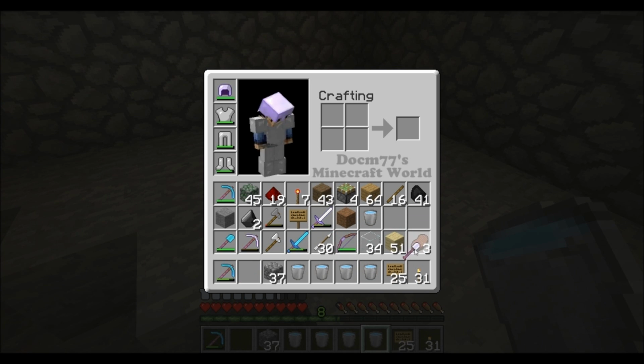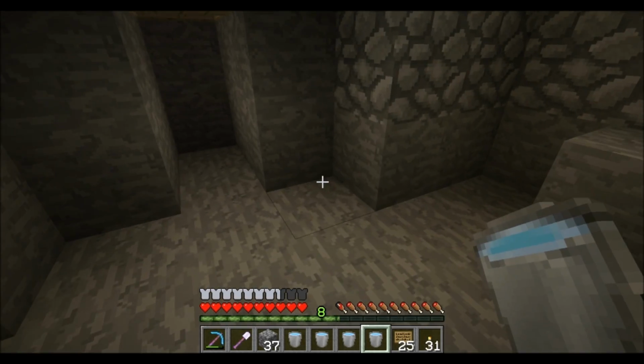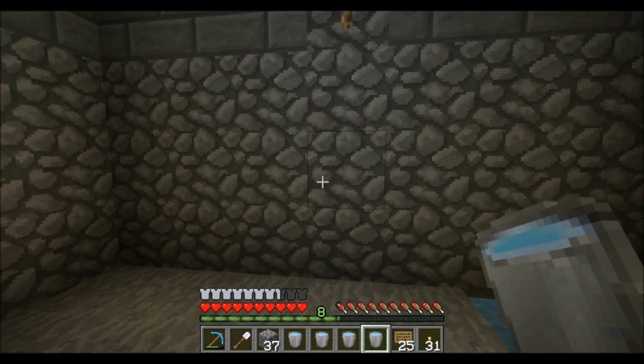We can get rid of the shovel. Well, not get rid of it, but we'll just move the shovel out of the way. Okay, oh well, it disappeared now. Huh, a little bit glitchy, I suppose. Alright, so we have 4 buckets of water right now, and now we are going to start building the actual